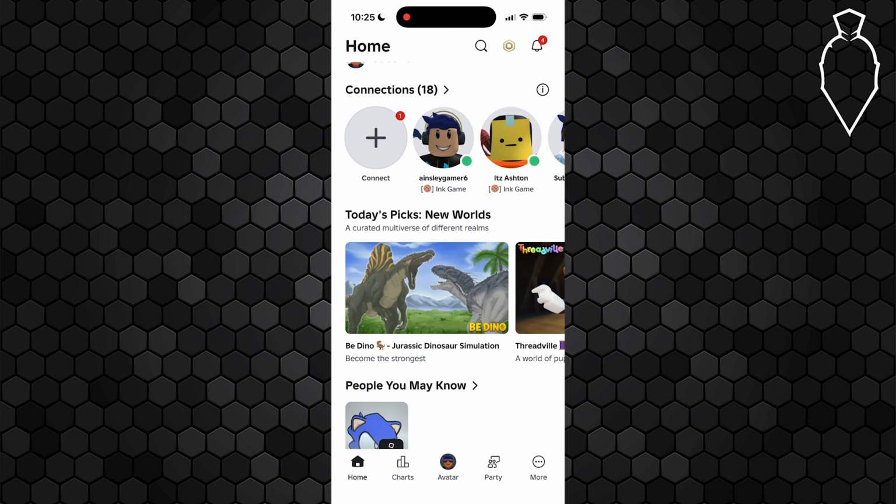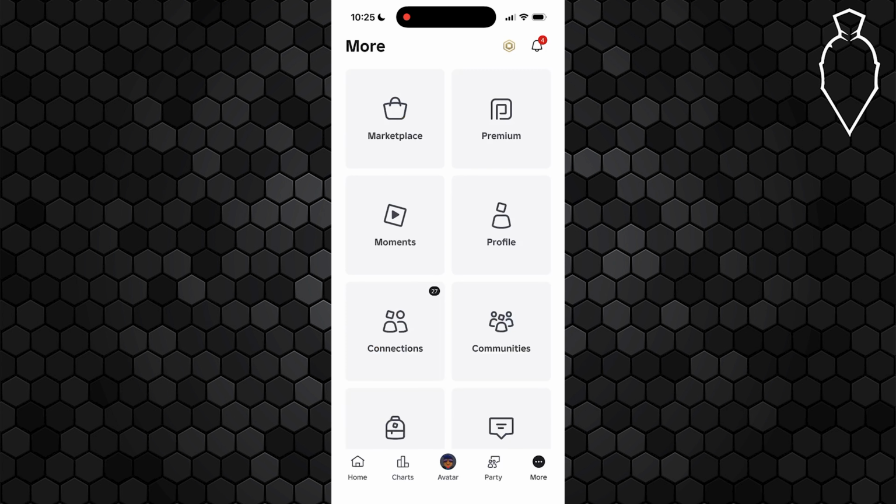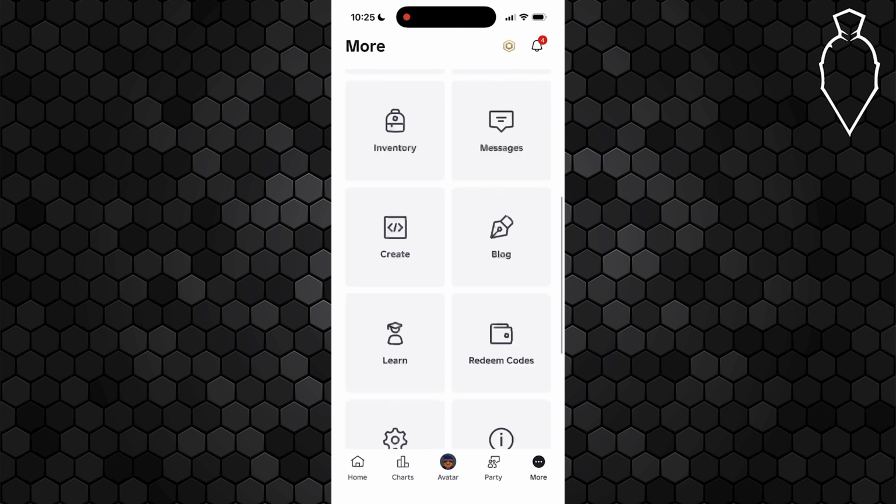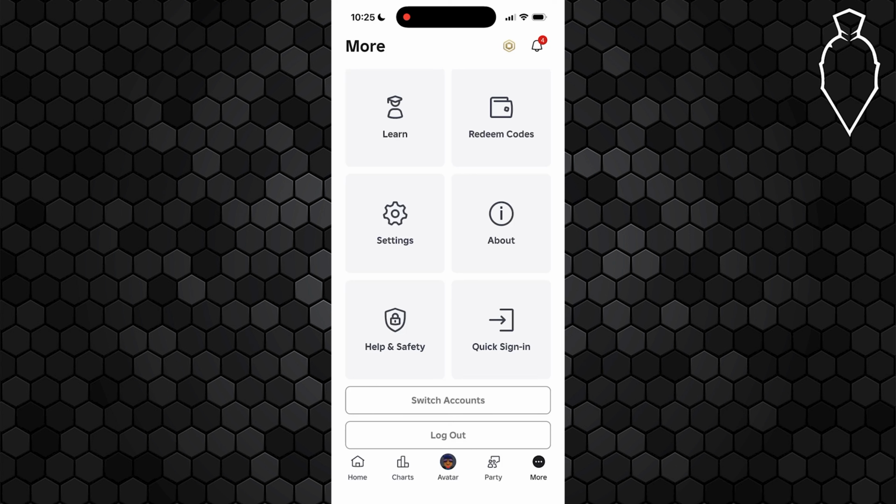There's multiple methods for this, and we're going to be going over all of them. The first method is the official method, and it works on both iPhone and Android. Essentially, have that Roblox app open up, go ahead and hit More down in the bottom right corner, and then from here scroll all the way down to the bottom and you're going to see a Switch Accounts tab or a Log Out tab on here. Go ahead and select either one of those two options and log into your other Roblox accounts, and this will let you switch between accounts, but only one account can be logged in at a time